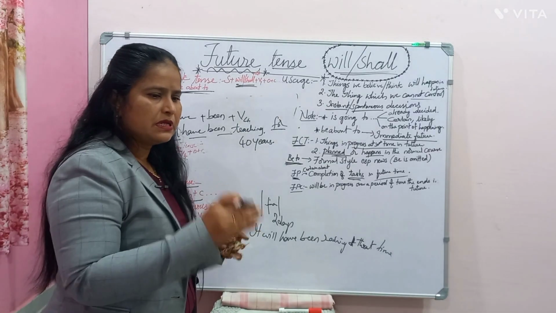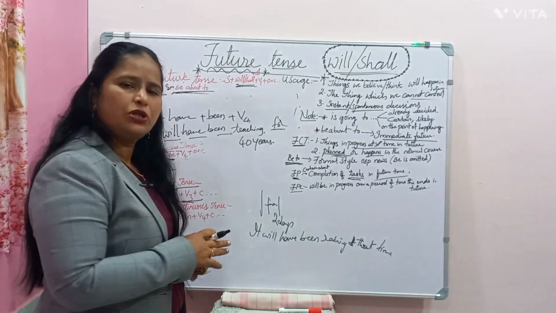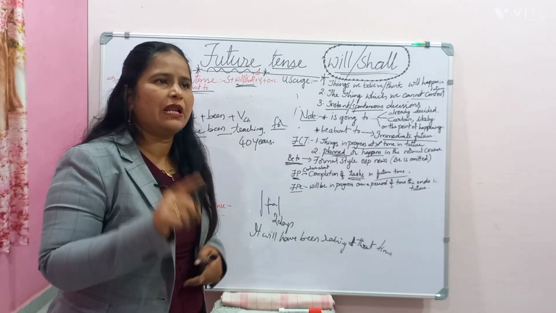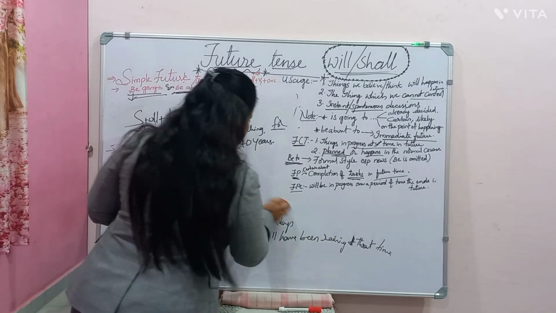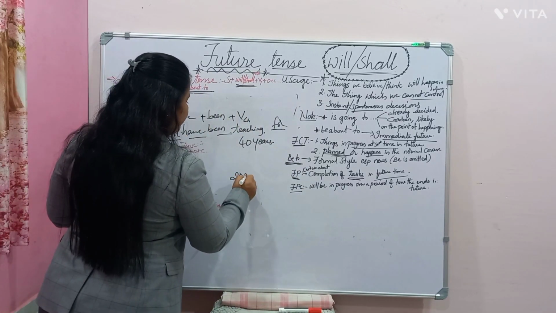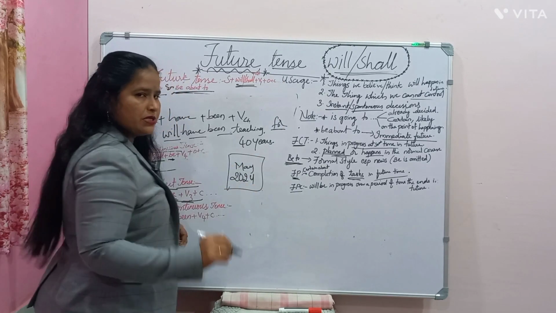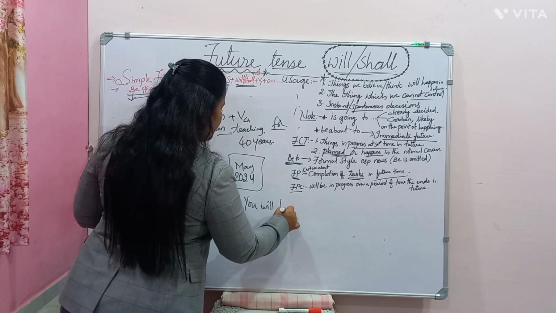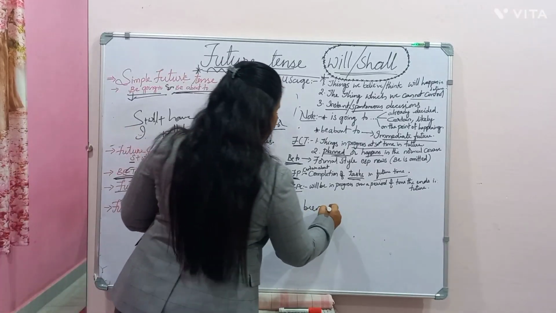Few things are certainly going to happen. Certain things we can express. Imagine that now in the summer, let us take students will have holidays in the summer. So what will you be doing now? You will have been, so for the whole month in 2024 May, purely holidays for all the students. So what will you be doing? You will have been, for the whole month you will have been learning